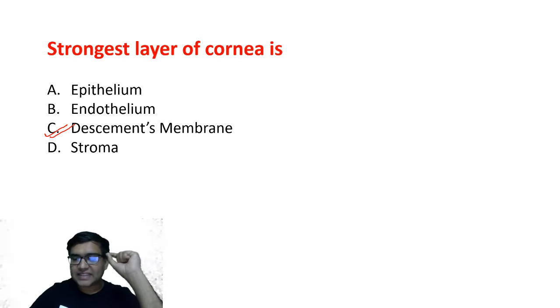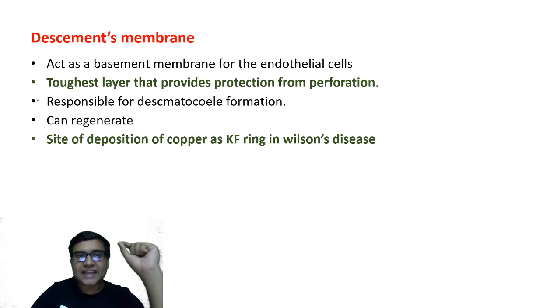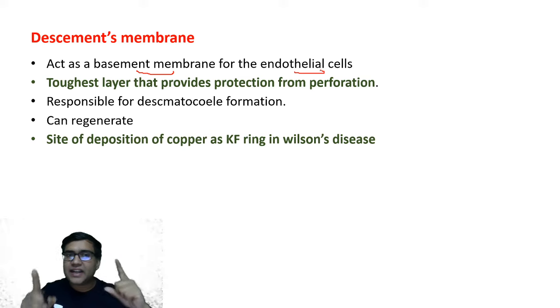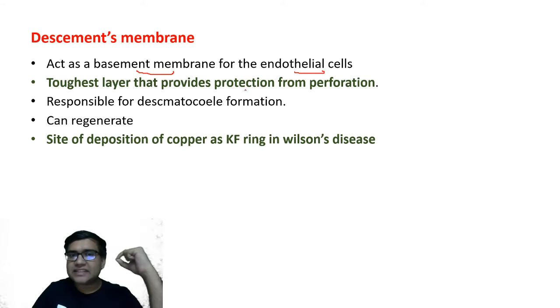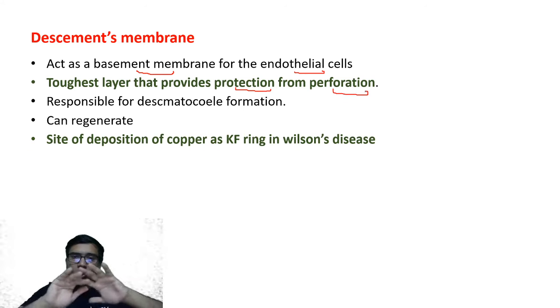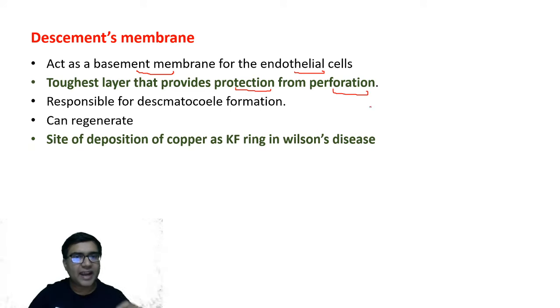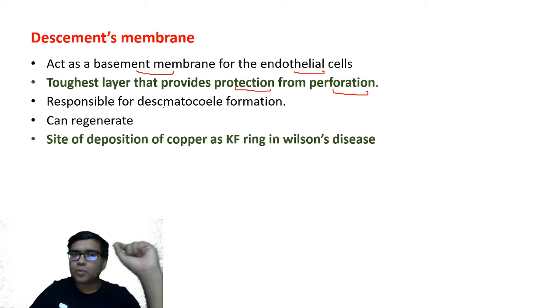So remember, the Descemet membrane acts as a basement membrane for the endothelial cells. It is the most important layer, or you can say the toughest layer, that provides protection from perforation. Whenever all the layers are destroyed, the descemetocele goes in front and basically helps to protect the eye